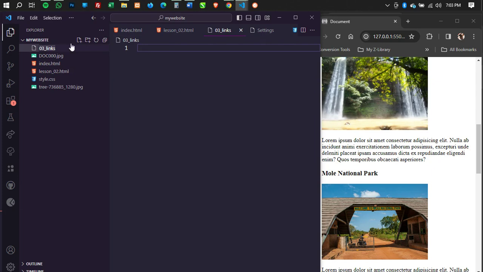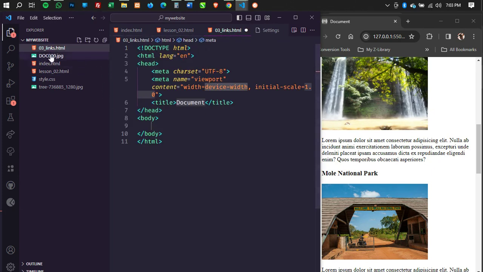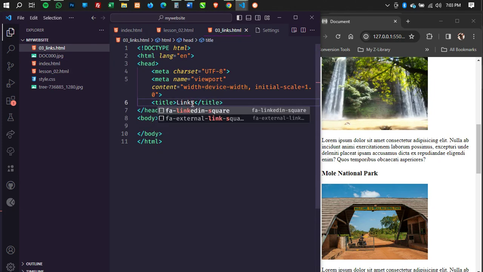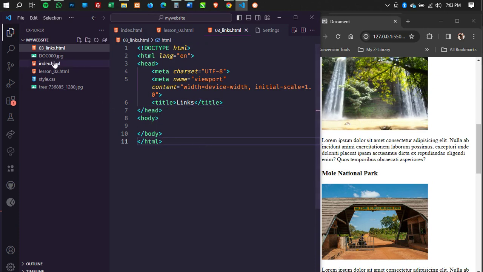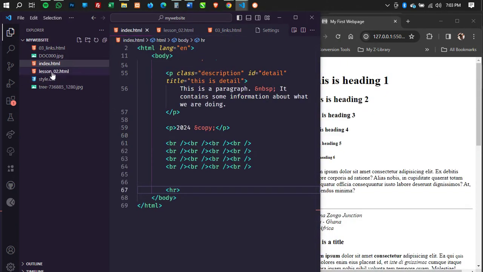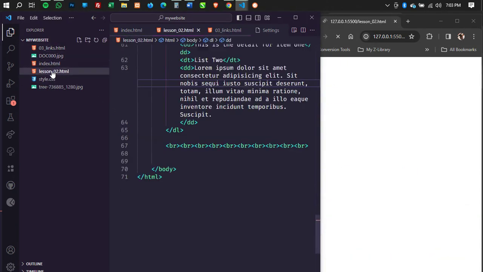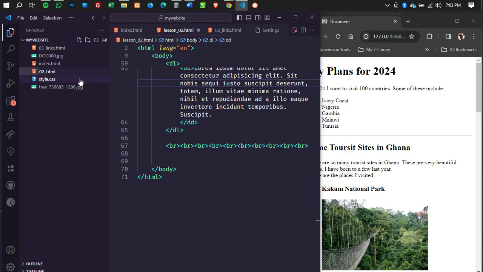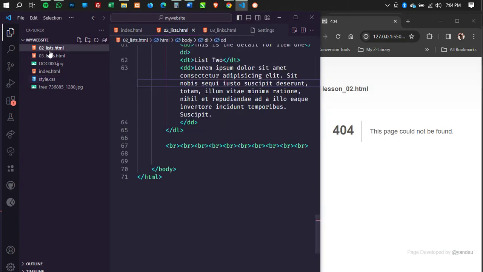Links.html, and I'm going to have my basic HTML boilerplate. Then let me change the title to list links, and three, go to list.